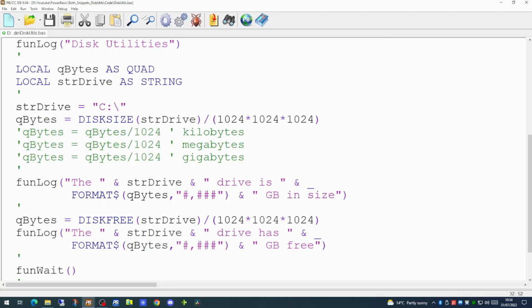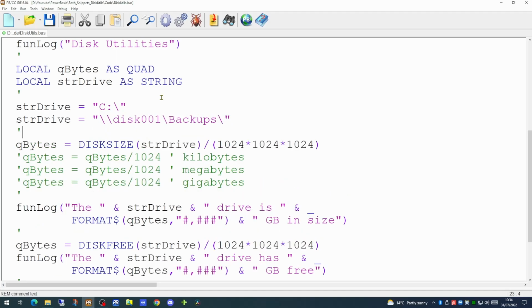However, these commands go slightly further than just your local machine. What happens if you're saving to a network drive? If we have another machine, perhaps a NAS, which has a folder into which we wish to save, we can set our drive string variable to contain a URL, in this case it's going to look at the disk001 computer and its shared folder backups.